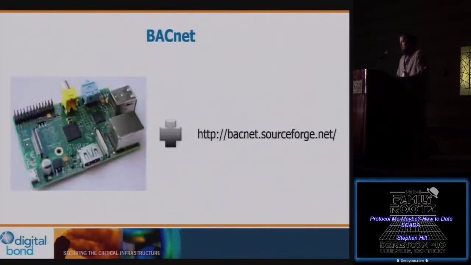So what we did was there's a really cool open BACnet stack on SourceForge, and it runs really well on a Raspberry Pi. So we got that, and put it together, built the system, and started just playing with it to see what kind of information we could query out of the device and see if it really supported and that our packets were